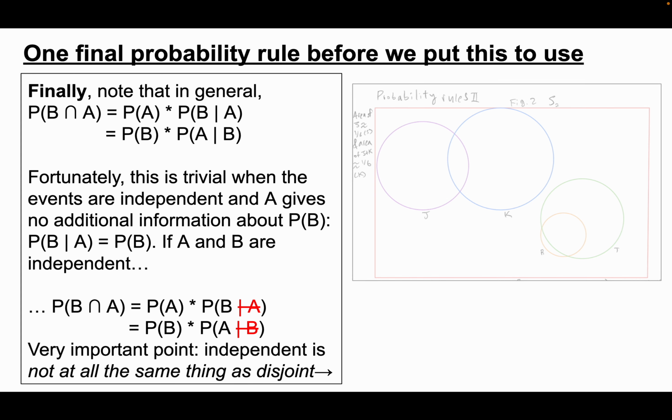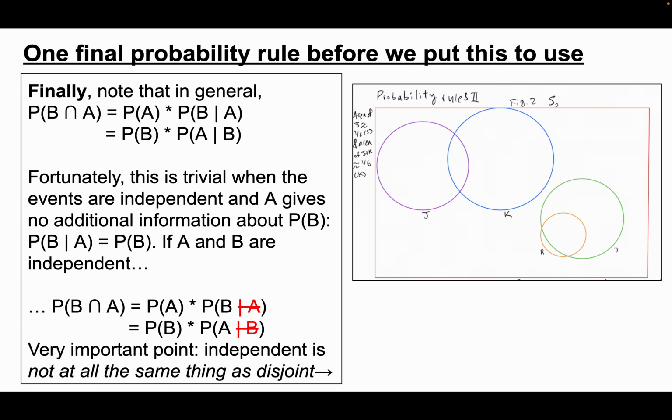So an important point is that independent is not the same thing as disjoint. So if we come over here, note that when events are independent, they actually can have an intersection, and in fact, they really need to. And note here that these two appear to be independent, but R and T appear to be not independent, or dependent. Why is that the case? Well, think about the probability of, let's say, T. So the probability of T overall is about 1 in 6, but the probability of T given R is clearly almost 1, right? It's very large, so that means the events intuitively are not independent,